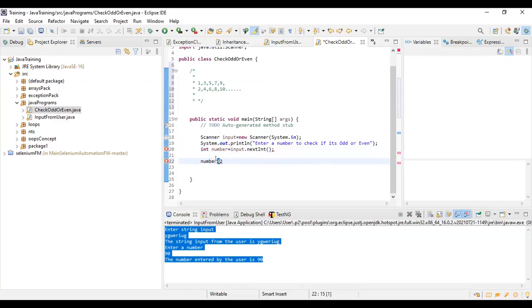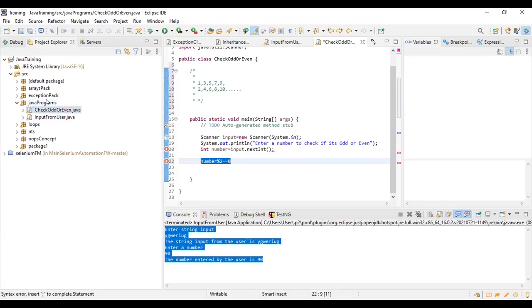To check the remainder of any number, we use the percent symbol, and that result should be equal to 0. This is what our logic would be here: number modulo 2 is equal to 0. If this result is equal to 0, then in that case we get